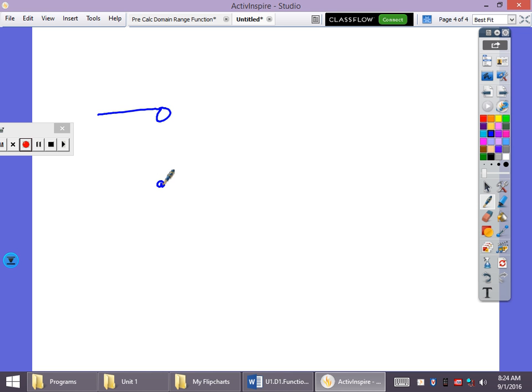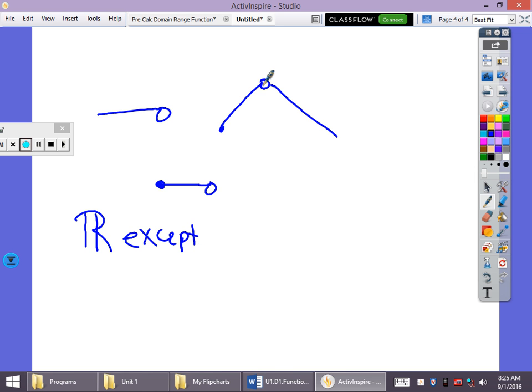So it looks something like this. Okay. So in this case, it is all real numbers except 2 because the domain still exists here because I have this solid dot. It just jumped. Okay? So it's going to be all real numbers except 2 because at 2 I have this open circle and there's no value. Okay? And then my range is going to be,